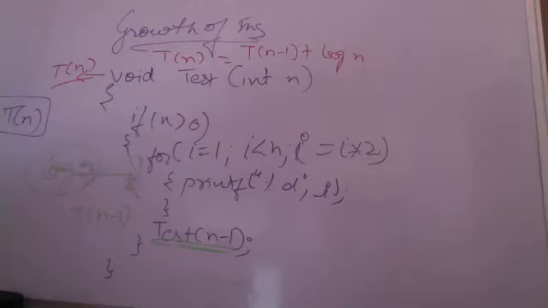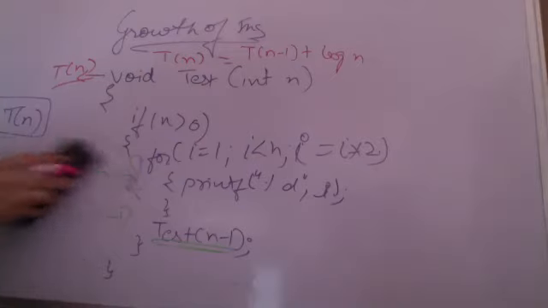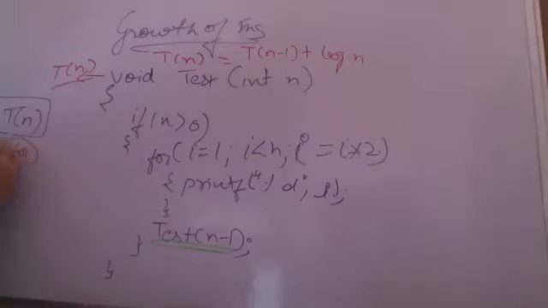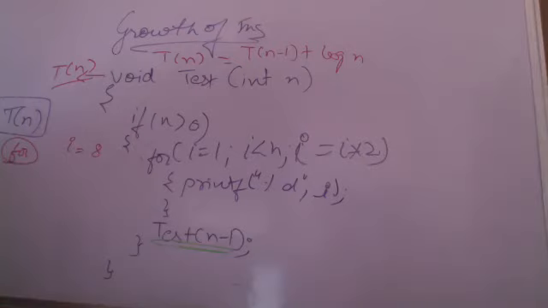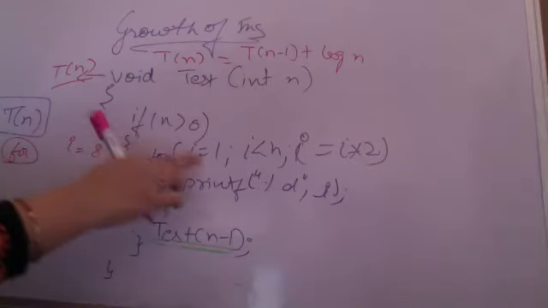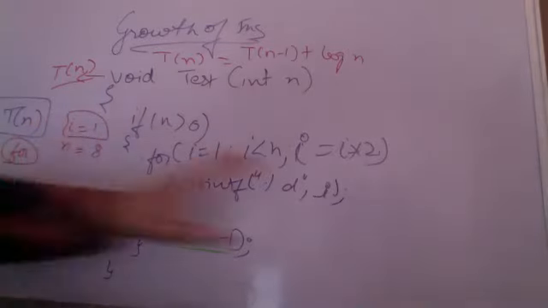Excuse me, ma'am. Yes, beta. Ma'am, can you please explain the log n part once again? Sure, my dear. I have to understand that if I'm having a for loop, how is the variable changing? Supposedly I'm just taking some value: n is 8. So i is running from 1 to 8 and i is changing by a factor of 2.